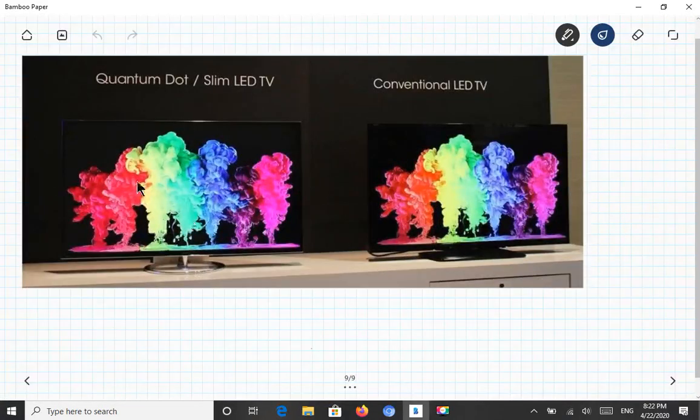So here there is a comparative picture between a conventional LED and a quantum dot LED. Both will be operating in a recombination process. This is the conventional LED and this is the quantum dot LED. If you see carefully, the blue and green colors in the conventional LED will be so dull. All the colors will be a little bit dull, but there will be a difference between this blue and this blue. Likewise, here there is a dull green, and here there will be a little bit brighter green.